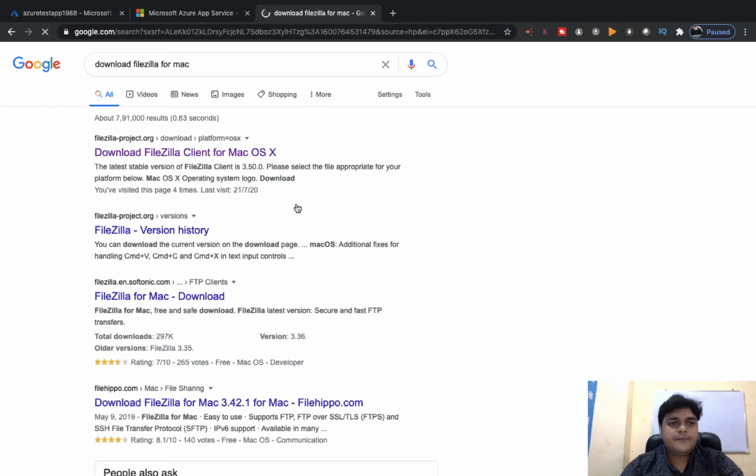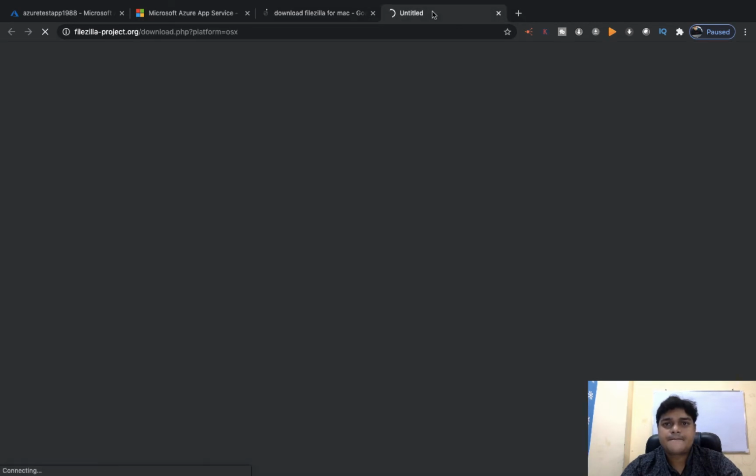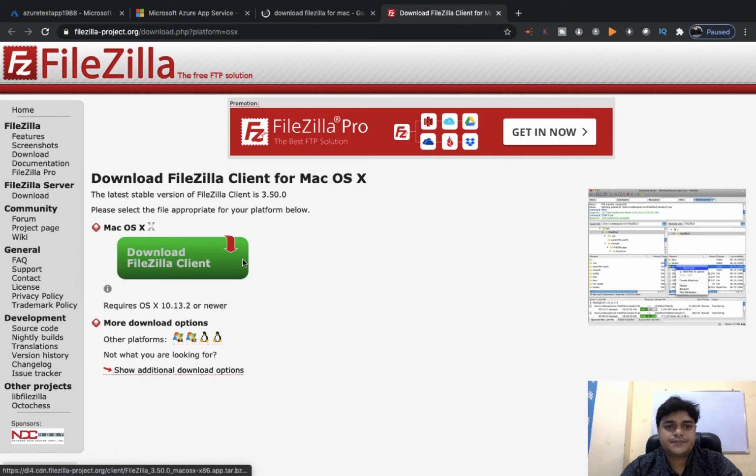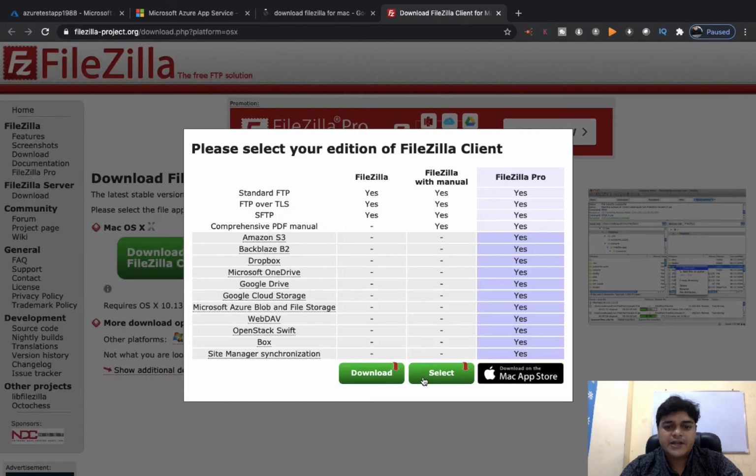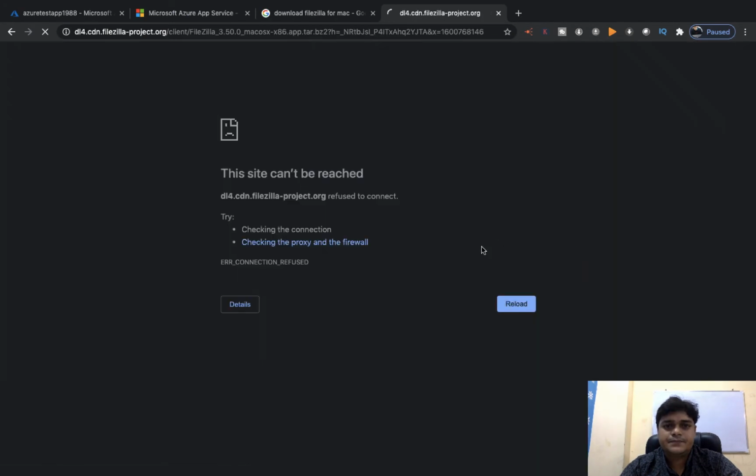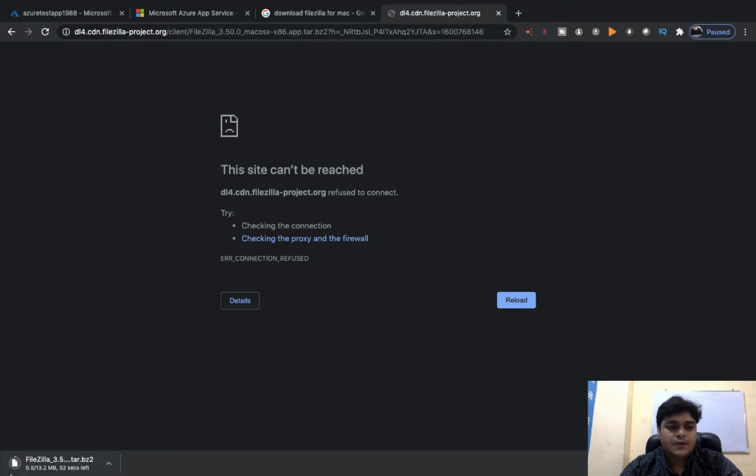Download FileZilla for your compatible operating system. Download FileZilla client. Okay, it's just a 13 MB tool. Once it's downloaded successfully, we will install it.